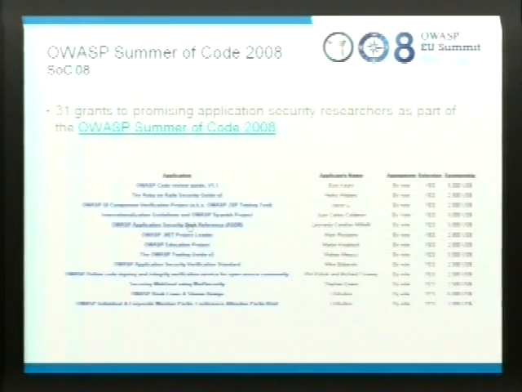So for the Summer of Code, we got 31 projects. We have 70 reviewers, and it's really run professionally. If you guys go to the wiki, there are pages for everything. There's review, there's controls, there's checks, there's quality, and we're really pushing it. The whole point is to really drive forward the quality of OWASP. So one of the things that we realized is that we have spent, as OWASP, about $250,000 in grants to open web application research. And we have more money.